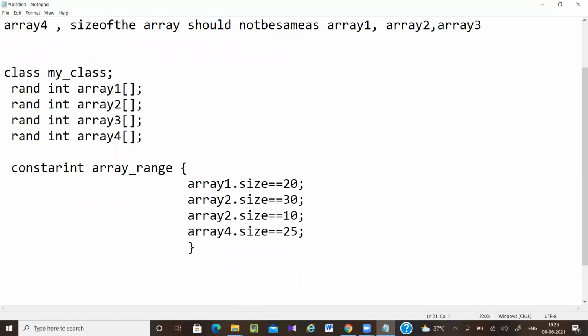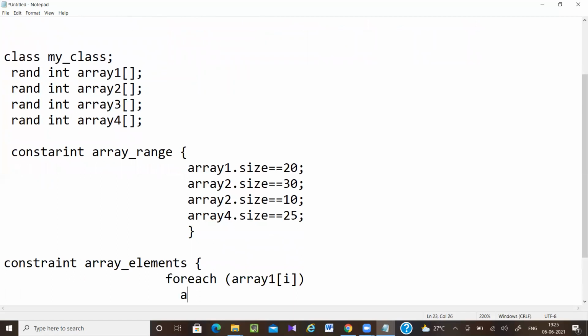So here, constraint array elements. foreach array 1 of i, array 1 of i should be inside 30 to 40.